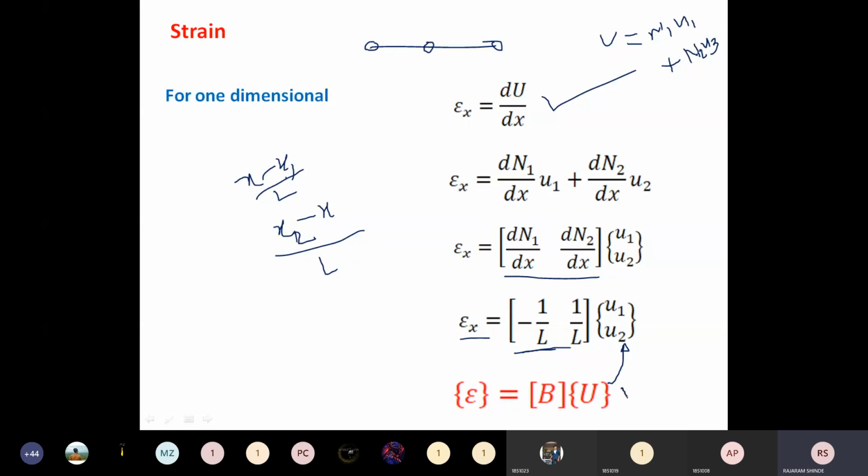Now this equation is also the same for all elements. The only thing is, depending upon the type of element, this B will be changed, and this U will be changed. Okay. How it will be changed, I will show you for 2-dimensional elements. Here again, we are considering this as a general equation, that is epsilon is equal to B into U. Why have I written this epsilon in matrix form? Because for one dimensional we will get only one term, but for two dimensional and three dimensional we will get it in matrix form.